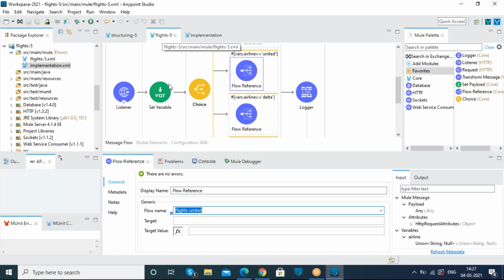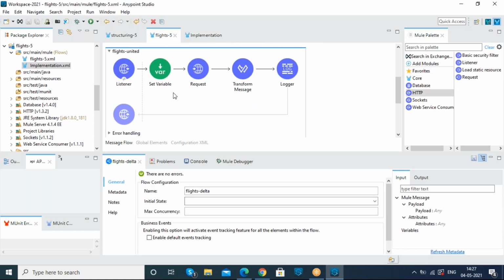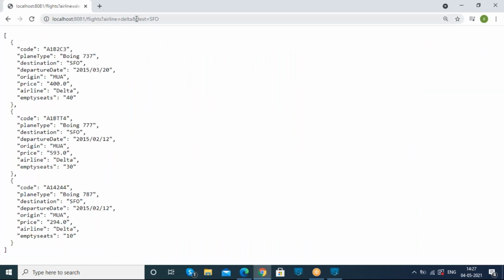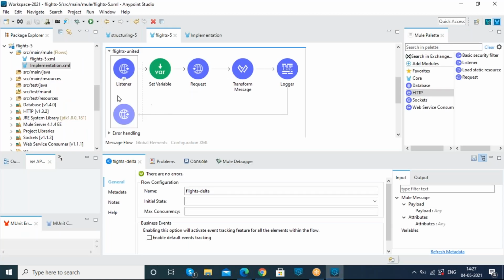How had we developed this flights United flow? To search according to the destination parameter, right? So finally, this flow is executed here. In order to call this airline, we just need to mention the dest parameter. Since we have developed the flow by using the destination parameter only, we can call them, right?